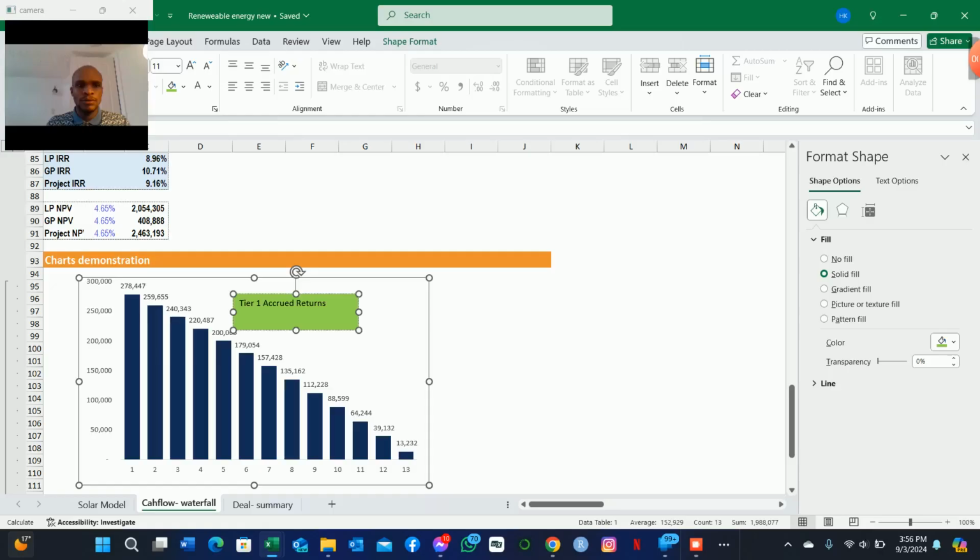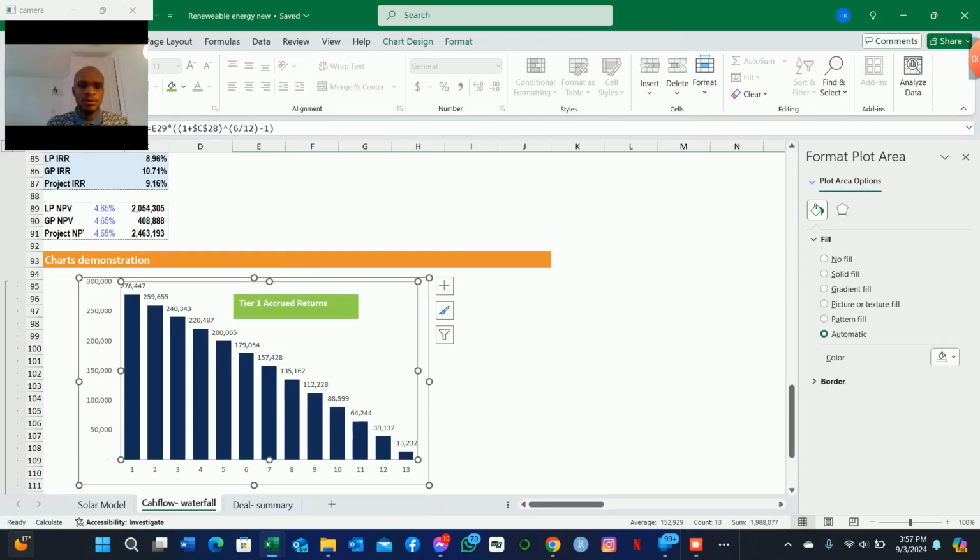Let's make it green and the font white. Bold it. Leave it that way, and then